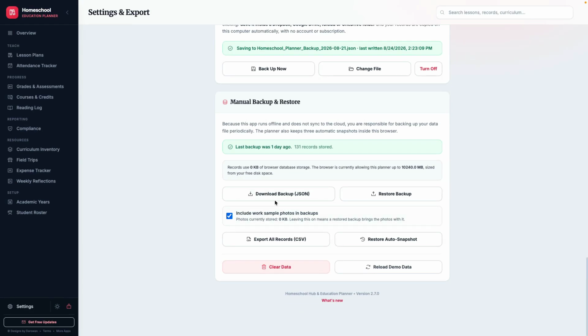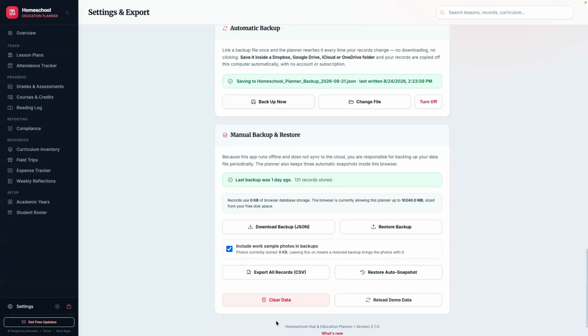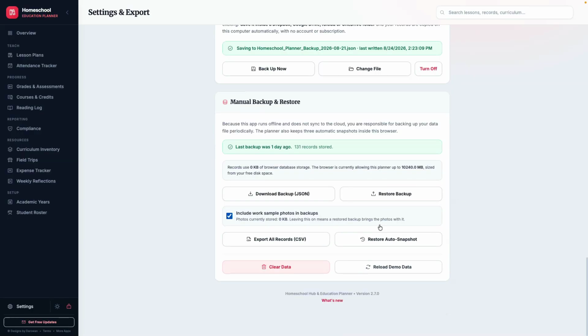Here's another place you can download it manually. You can back it up here. Or if you want to download it as well, you can download the backup right here. This is going to be a manual process. And you repeat the same steps. Restore backup, upload the file here. All right. Now,